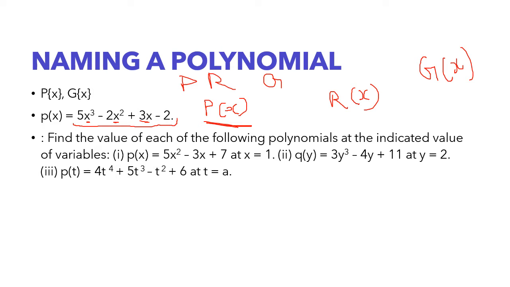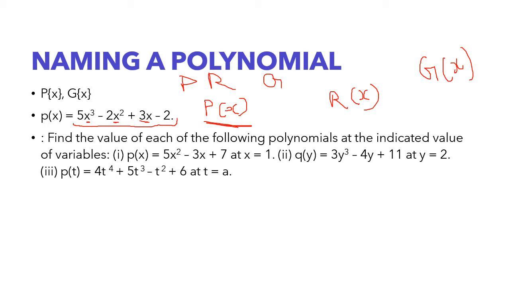So instead of writing this entire term now onwards, you can say in the polynomial p of x. You don't have to write in the polynomial 5x cubed minus 2x square plus 3x minus 2. You don't have to write the entire thing. You can just write in the polynomial p of x. See how cool it is. It's very small, right? You don't have to write the entire thing from now onwards. So this is the reason why we are naming a polynomial. Not just this, but it is having multiple uses. But generally, this is the reason why we are trying to name it.